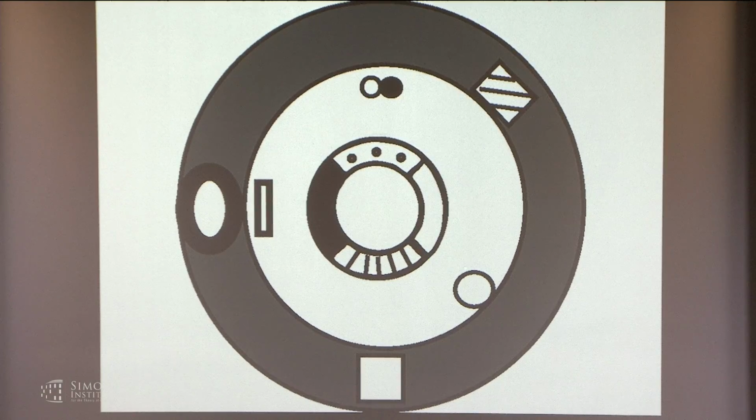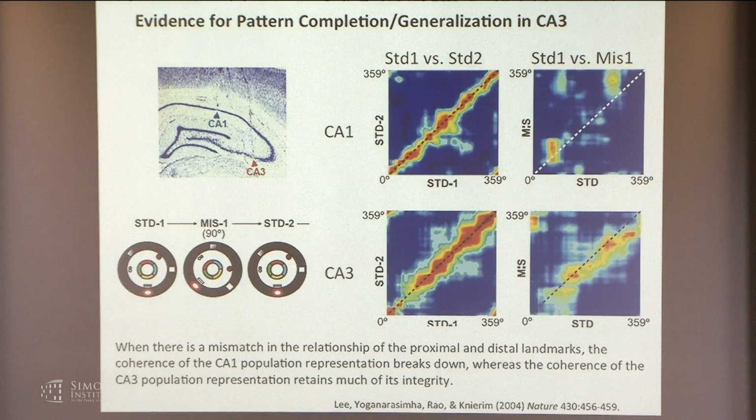We want to see whether the place fields are controlled by the cues on the track or by the cues on the wall. And how does the system react to this rearrangement of the landmarks, this mismatch between the two different reference frames, a local reference frame and a global reference frame? Here's an example that we published in 2004 by Inah Lee, where we recorded CA3 simultaneously with CA1. And we represented the data as follows.